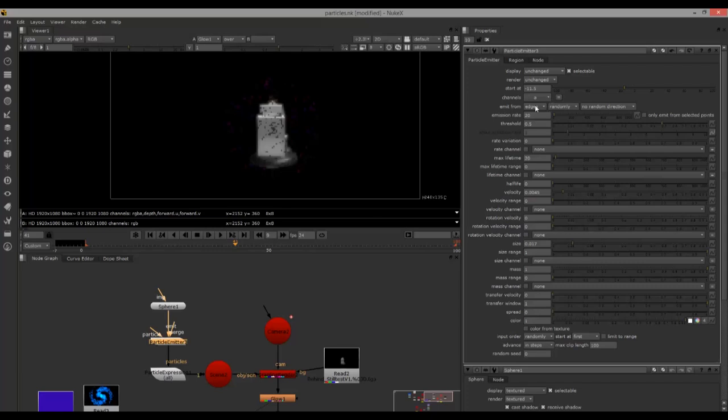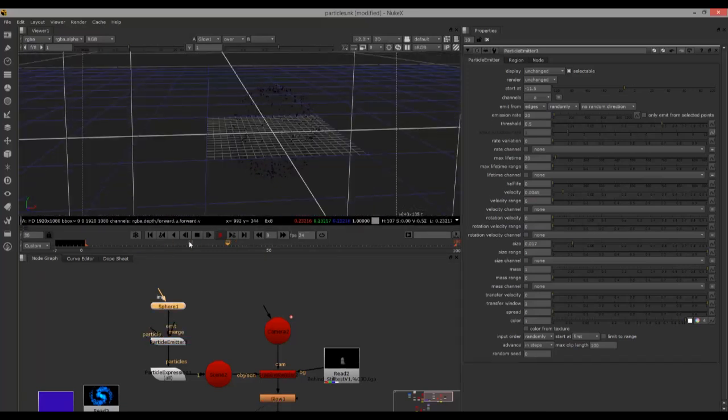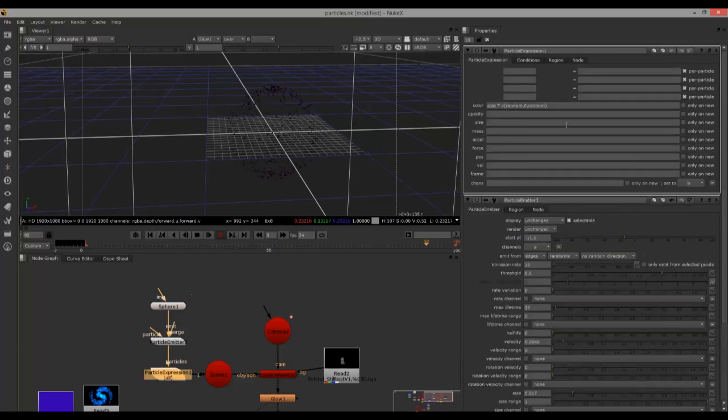you can choose to emit from the edges of the sphere randomly, so you get this sort of effect here. There's also a particle expression node here, and there's a variable on the color attribute of it. So what that's basically saying is that the color is being generated according to the size of the particles, and